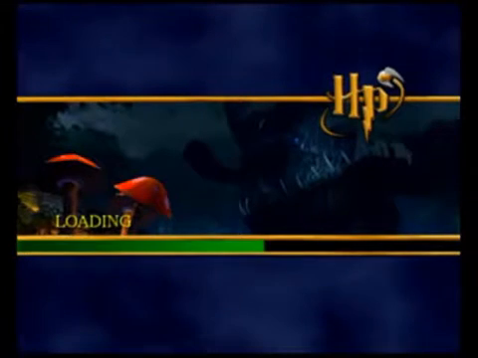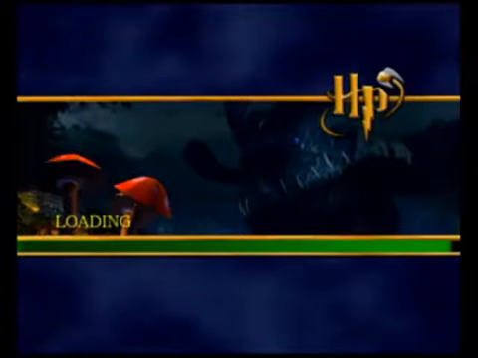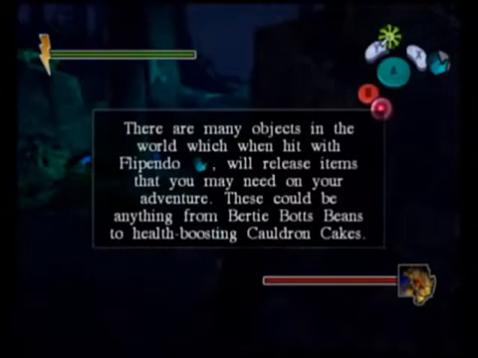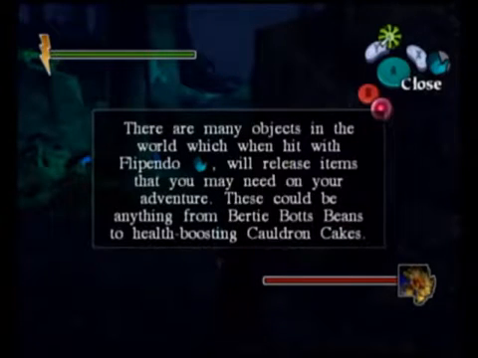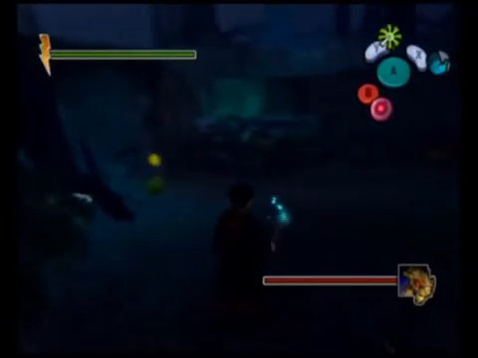There's actually about 4 areas in this whole area. So we're moving on to the second area here. And we are stuck. Okay. There are many objects in the world which, when hit with Flipendo, will release items that you may need on your adventure. These could be anything from Birdie Bot's beans to health-boosting cauldron cakes. Yeah, as I just explained, if you hit the mushrooms, they can release...